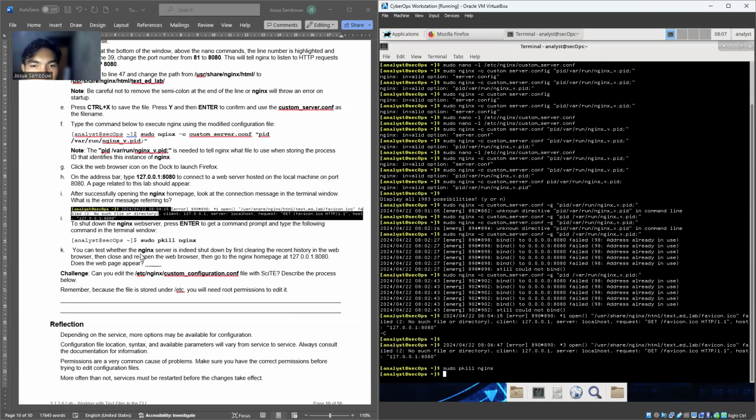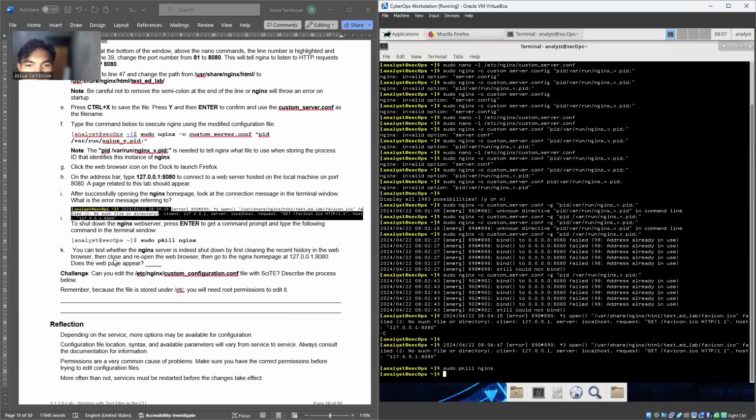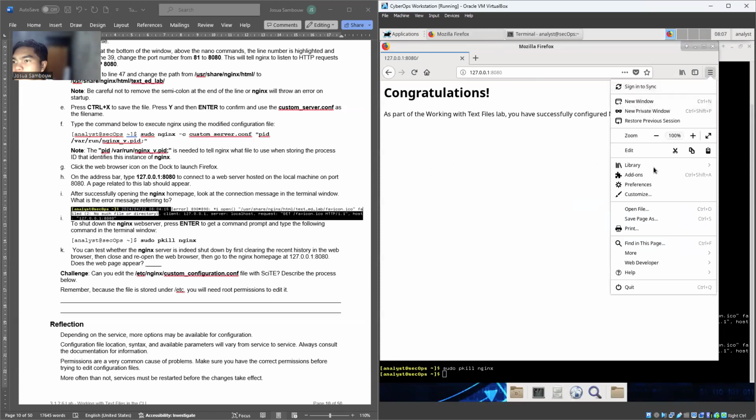You can test whether the nginx server is indeed shut down by first clearing the